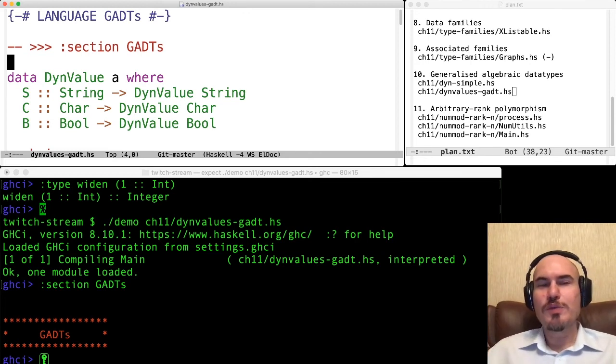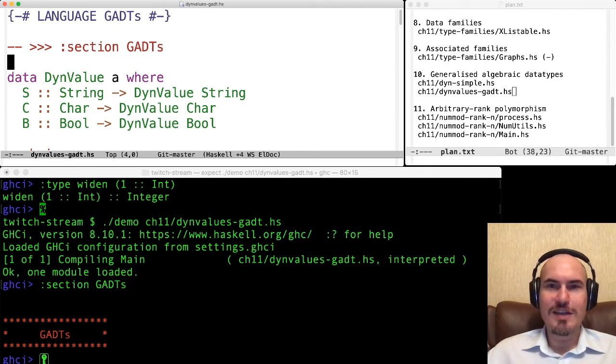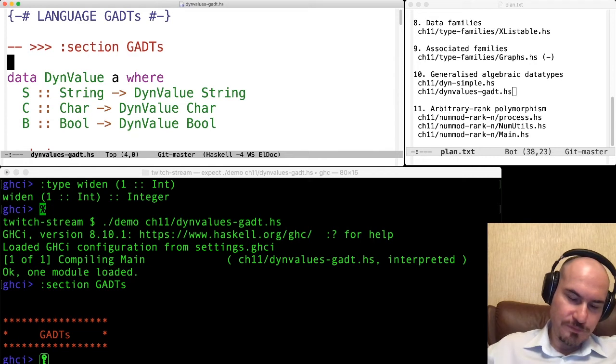So in order to do that, we have to use some sophisticated techniques. For example, there is a module Data.Dynamic, which implements full-blown dynamic types in Haskell. But here I'm trying to implement something very simple. And I will use this example to demonstrate generalized algebraic data types.